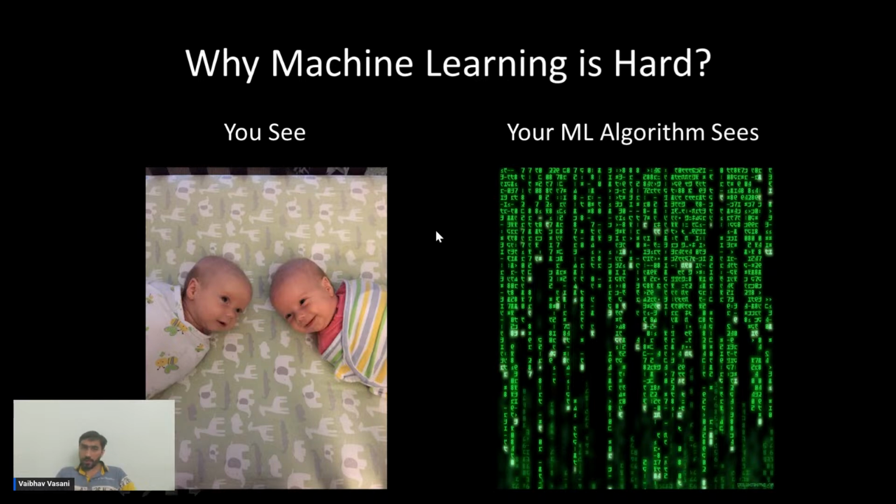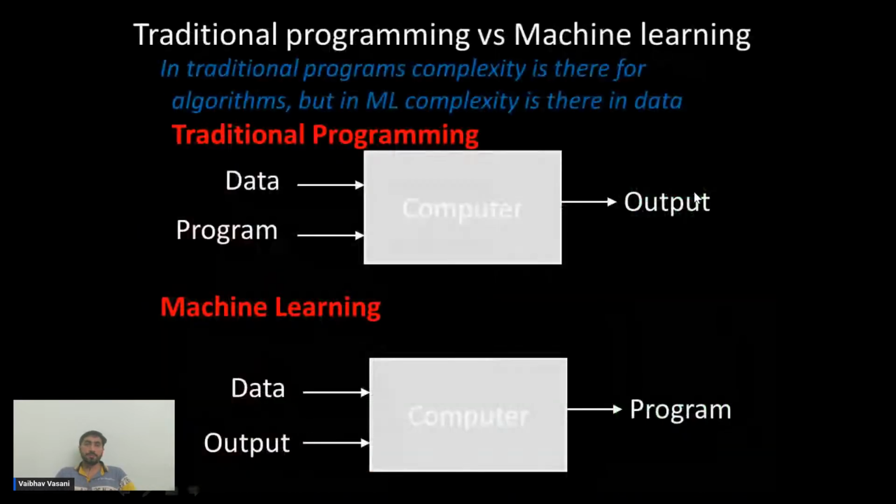This is what you look at. This is how you look at algorithm setting. So traditional programming versus machine learning. In traditional programming the complexity is in the algorithm, but in ML the complexity is in the data. So we have very complex data in ML. In traditional programming we have data, program, computer, and output. Again, data is there, but data is in the simplest form. The program is very much complex. The algorithm will be there, some complex mathematical approach is there, and then the computer processes, and we get output